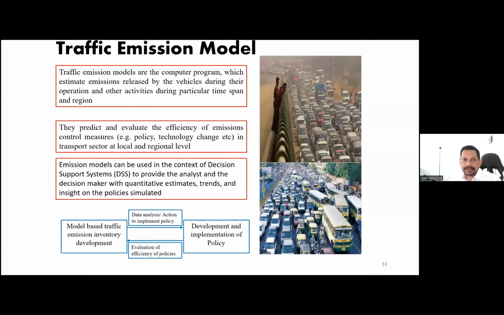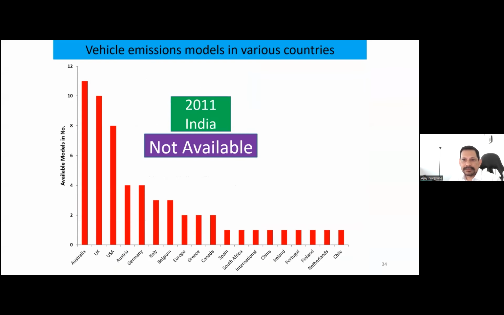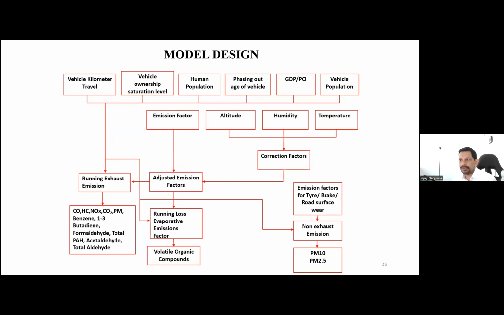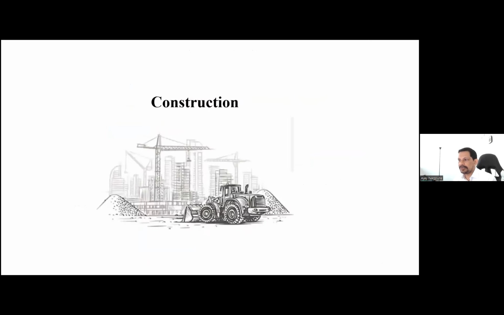So I developed this model, and by using this information, exhaust and evaporative emissions, we were able to assess them. When we are doing a transportation emission inventory, we need to understand the exhaust emission and non-exhaust emission; the road dust emission is very important. So this is how this model is useful, and you can find out this information.